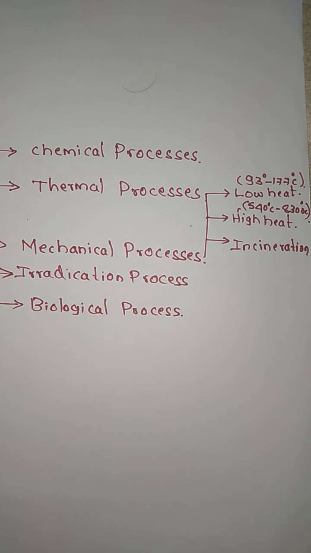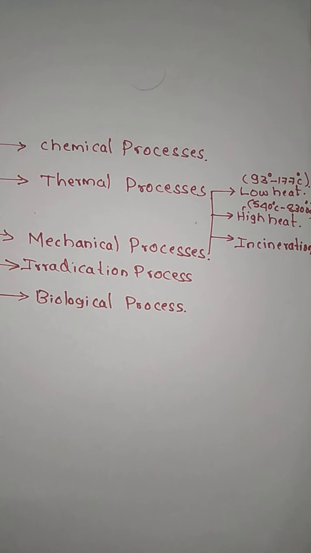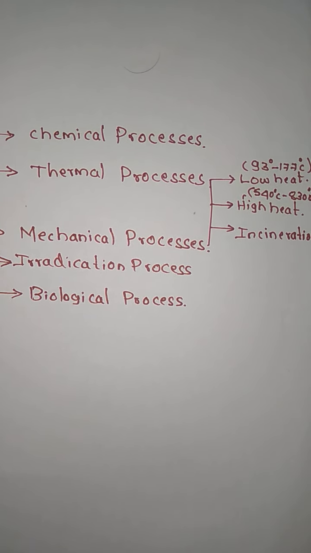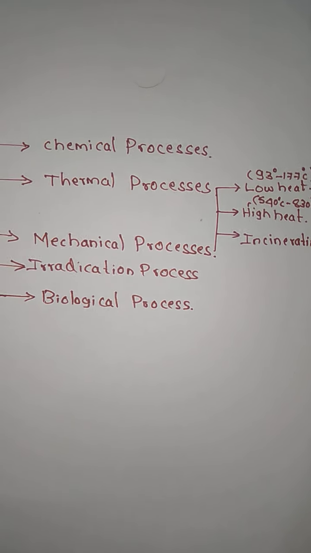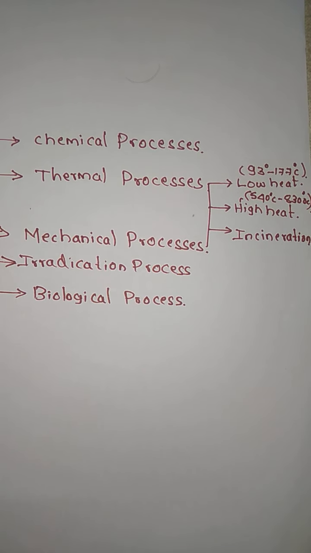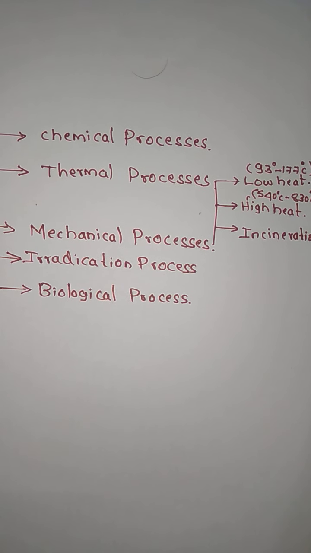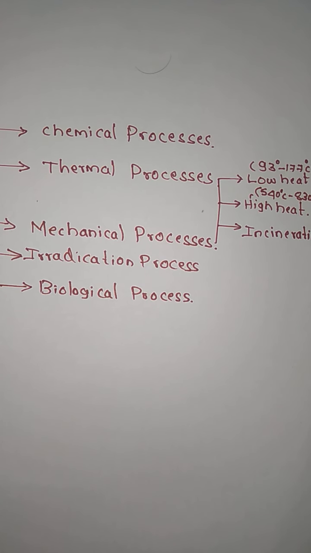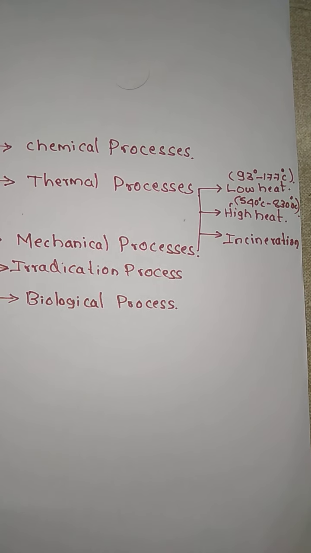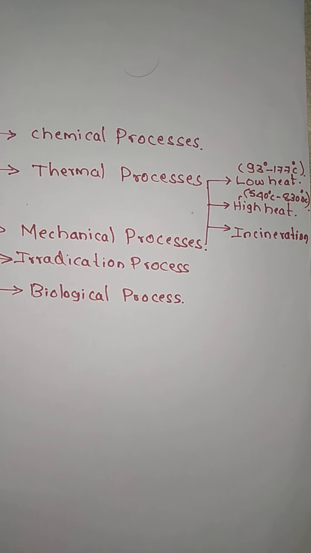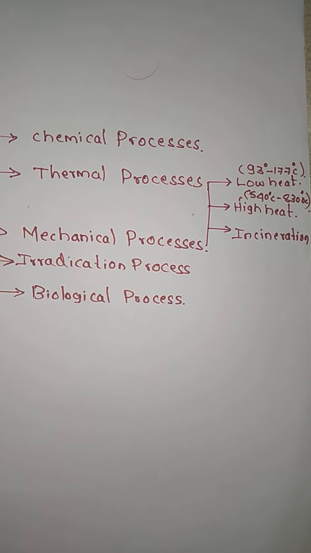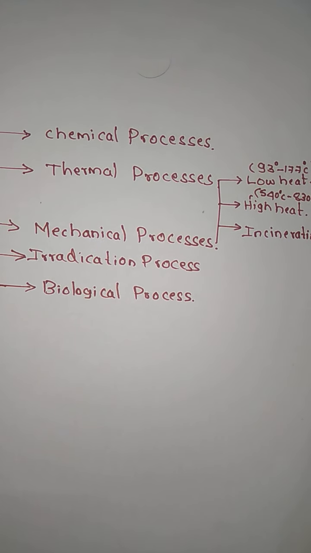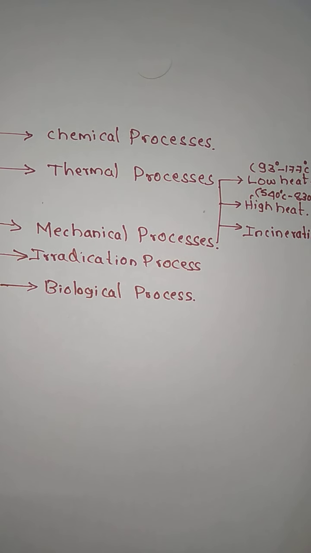Now the rotary kiln incinerator works at a temperature of around 800 to 900 degrees Celsius. We call it a rotary kiln incinerator because the kiln is continuously rotating at a speed of around 2 to 4 rpm, and we have given a slope to it. Usually this incinerator works on diesel as the fuel. It should be associated with a chimney so that it takes the pollutants to a higher altitude.